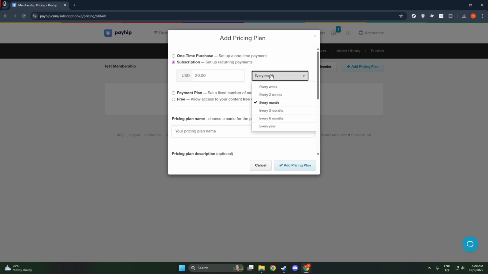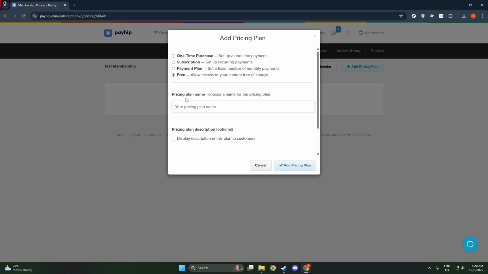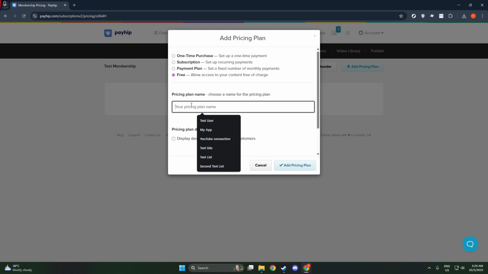You might also consider offering a free trial period. This can serve as a great incentive for potential members to try your membership without an immediate financial commitment. Another option you may want to set up is a custom first payment amount, if you'd prefer an introductory rate